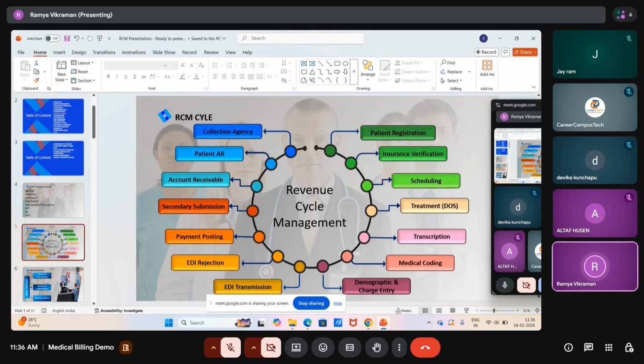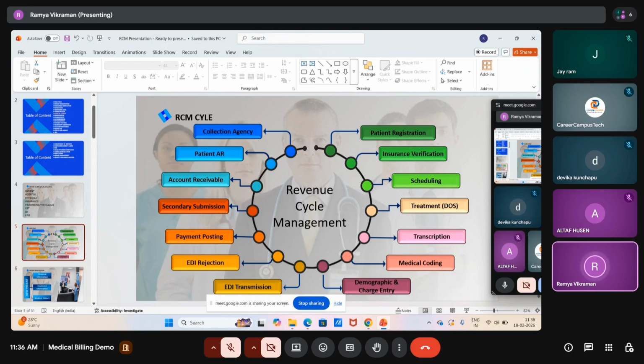If the policy is not active for the date of service, for example, the insurance information the patient has given is only effective until December 31st, 2025, but the patient has taken a service on January 10 of 2026. Obviously, the policy was terminated before the service, right? So in the insurance rep will be telling us that the policy is terminated before the service. Then we will reach out to the patient.